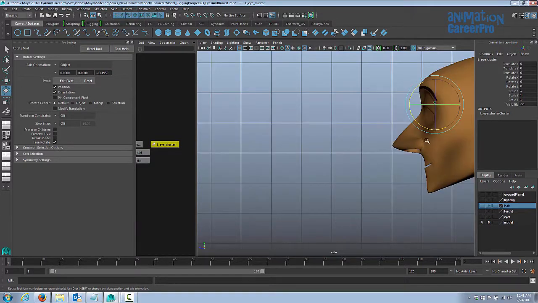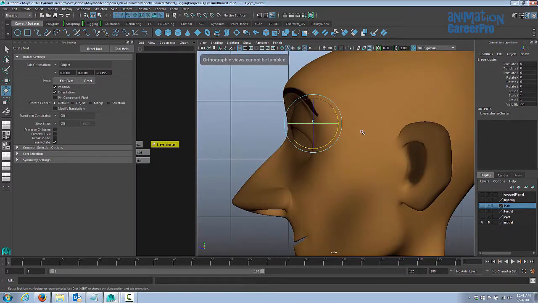Let's go to the right view for a minute. And we're going to move the pivot point back toward his temple a little bit. So let's press D on the keyboard, or you can hit the insert button. I'm just going to hold D down and move the pivot point back. Now this is something that we have to sort of experiment with a little bit to see where it works best, but you don't want to move it up or down. I would just move it back in Z. So now if we rotate it in X, more of a natural looking blink.